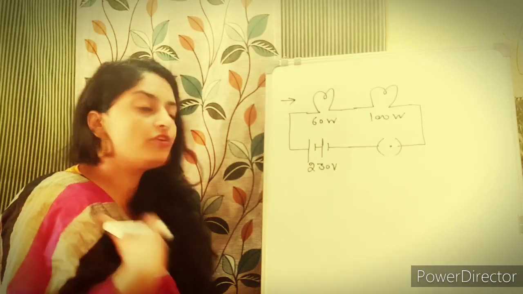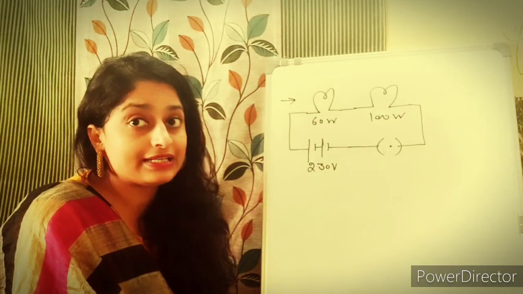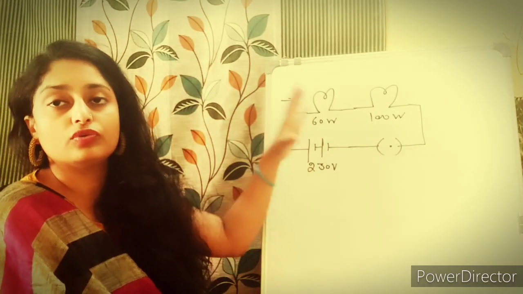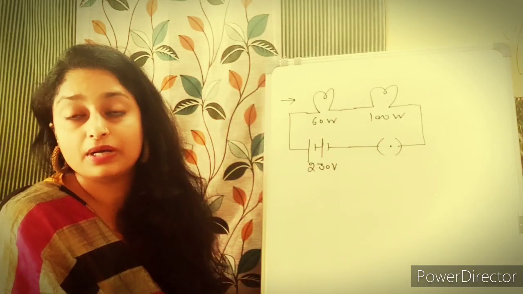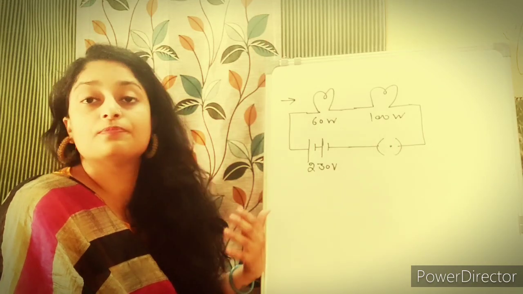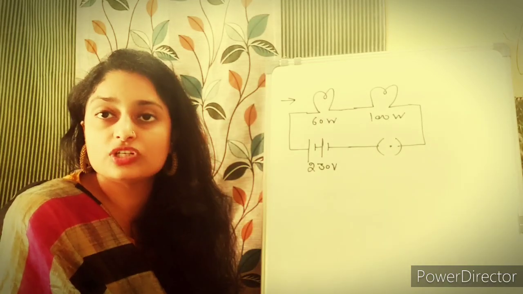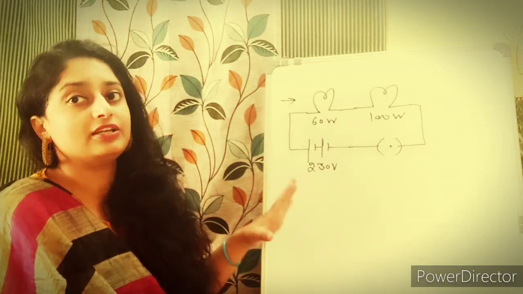So children, listen. If you want to know which has more brightness, simply you need to calculate the more power dissipation. Out of the two bulbs, or out of the 20 or 100 bulbs, in which bulb is the consumption of power more, or we can say heat dissipation is more. That we need to calculate.